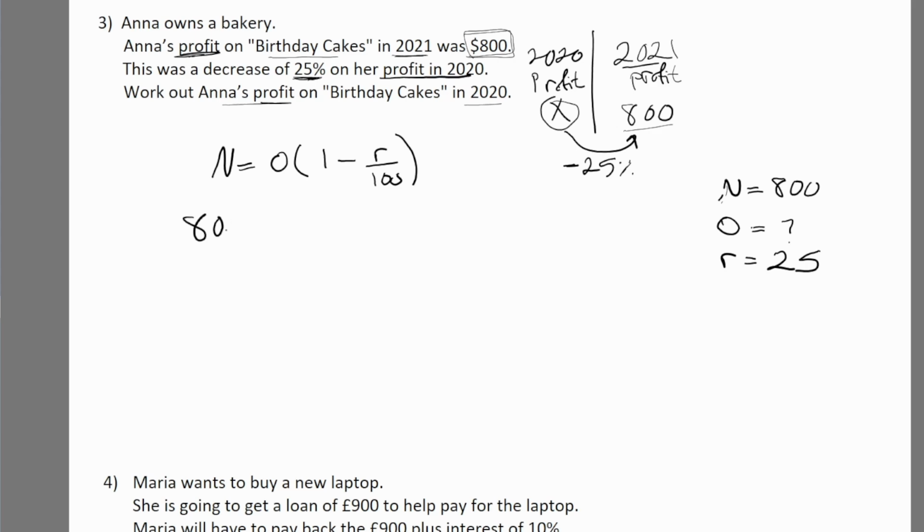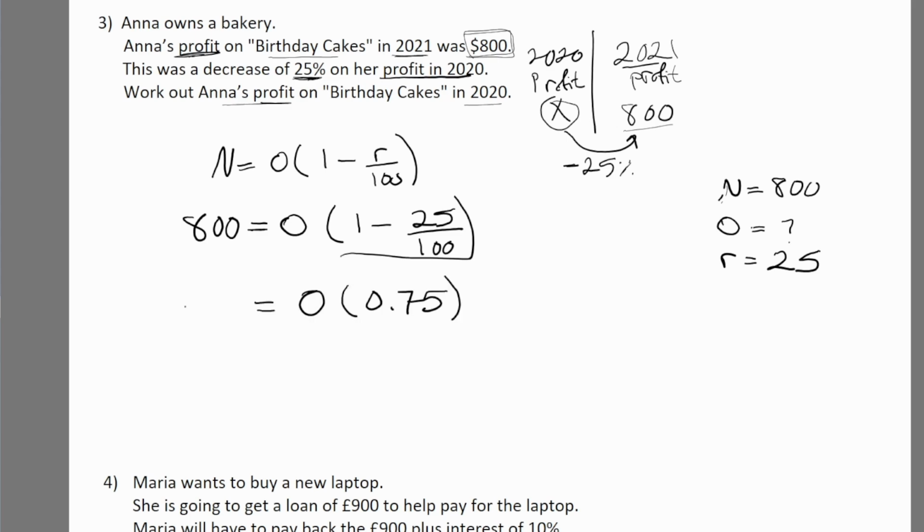Now let's plug in our numbers. So 800 is equal to old times 1 minus 25 over 100. As we've said before, it's easiest to evaluate this inside. It will give you 0.75 on your calculator. And then you're simply going to divide both sides by 0.75. This cancels out, and we get the original being, plug this on your calculator, and you will get